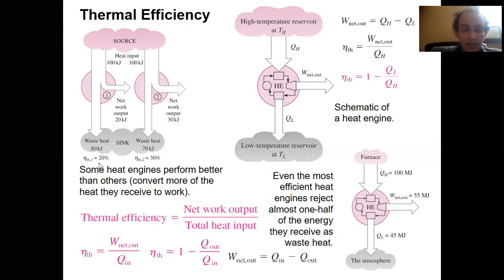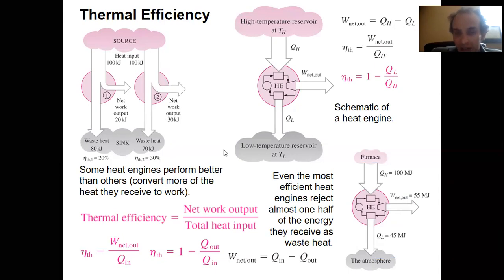It's 20%, right? And let's say I have another heat engine. It gets 100 kilojoules, but it converts 30 of them into work, and 70 will be lost. So what is the efficiency then? It's 30%. Does it make sense for you? Everybody understands this? Okay, great. And which one is better? So the second is better, right? Okay. So does it make sense?